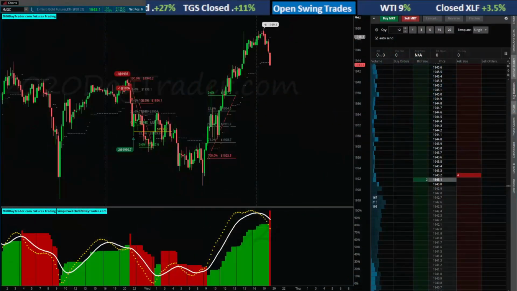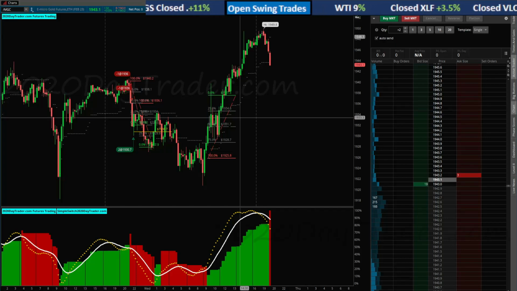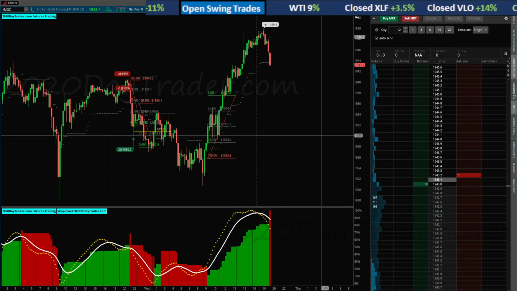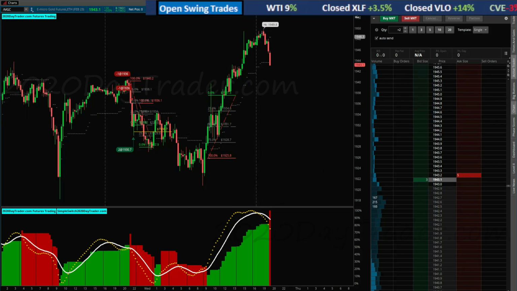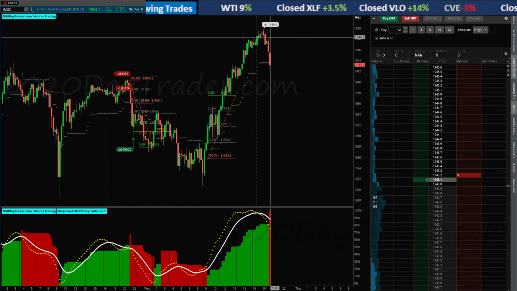Okay, so check. Oh yeah, there we go. All right, so we got the MGC setting up right now, right here in the futures market with the red light, green light strategy on the 15-minute candle. We got about 30 seconds left. Right now we can see the trade setting up.